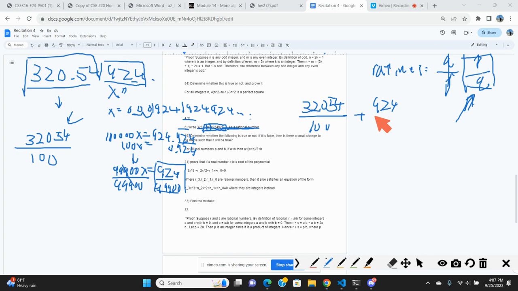We can make this into a fraction because once again we can apply the multiplication principle of fractions, which is basically you multiply for each term, you multiply the numerator by all the other denominators besides its own denominator. So we would get a sub 3, b sub 2, b sub 1, b sub 0, x cubed